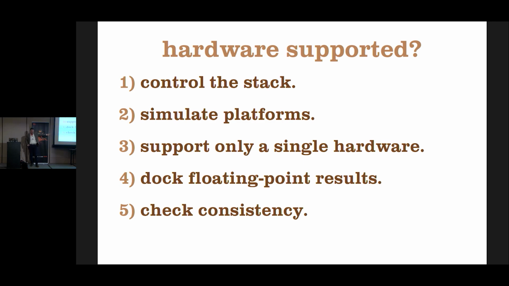And then number 5 is check consistency, which is to run the calculation on the platform in Hoon and Nock, and run it on your hardware, and then see if they're the same. Well, the problem with that is you've done the calculation twice, and you did it the slow way, so you gain literally nothing by doing that. You gain the assurance that the hardware did what you thought the hardware was going to do, but you don't gain anything else by it.